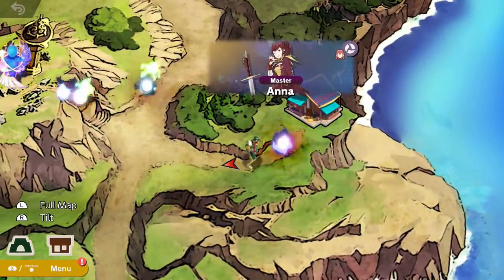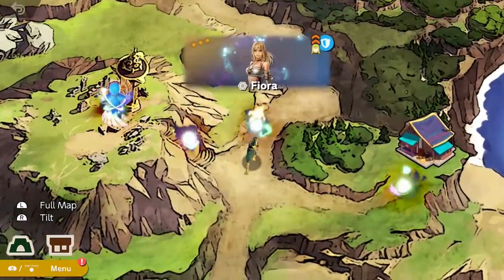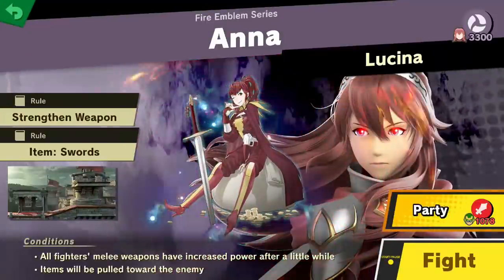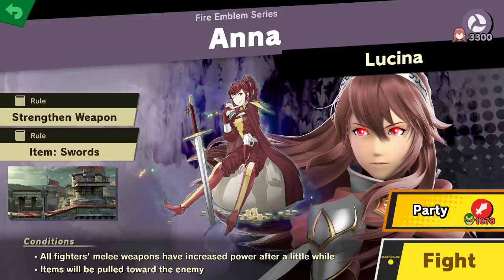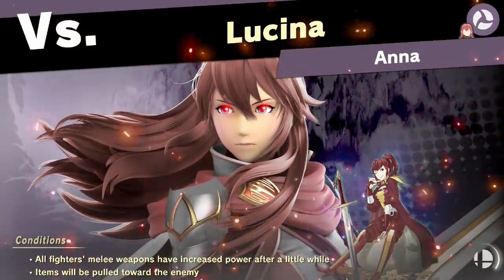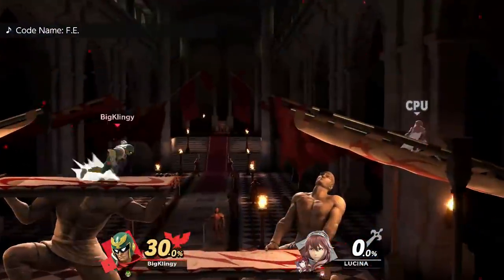Oh, I knew Anna would run one of the shops. There was no way Anna was not running one of the shops in this mode. So yeah, I knew she'd run one of the shops. Fiora and Don. Let's go with this. And it's a Lucina. All fighters' melee weapons have increased power after a while. Items will be pulled towards the enemy, that's good. It should be, there's a secret area of the stage that you can't get to normally unless you're holding a particular item. And it sells things at high...